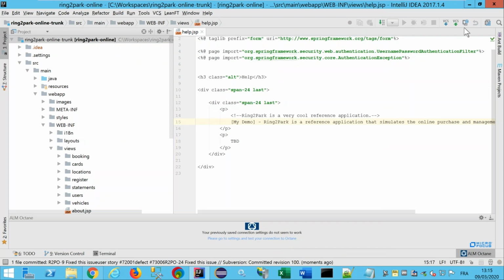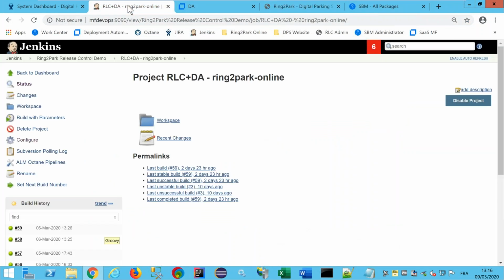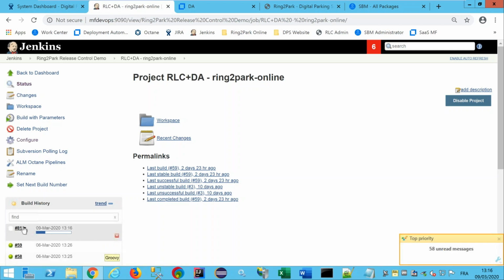And this modification should automatically trigger a Jenkins job. So if we have a look at Jenkins now, here a Jenkins job should start, with the build ID 81.